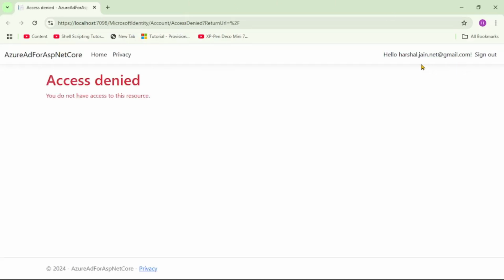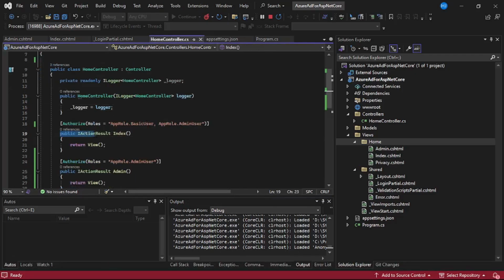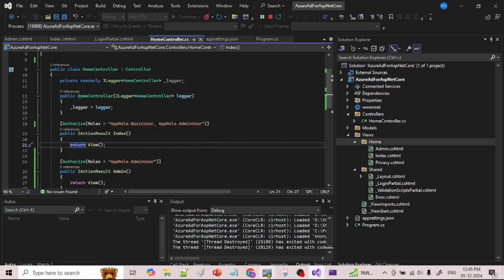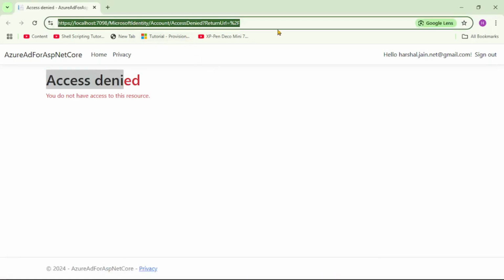And you see I have logged in with Harshal.Jain.net and it says access denied, because it is trying to access that index method, and in that index method we have specified that it needs authorization and the user should have either one of these roles, that is basic user and admin user. But for user Harshal we have not specified any role. So let's do one thing. Let's copy this URL